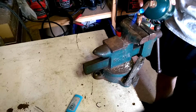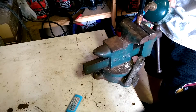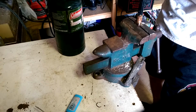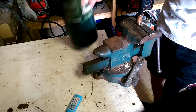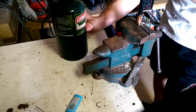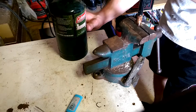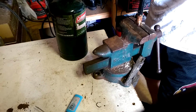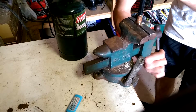Alright, now I'm going to put the wire in, like so. Make sure you shut the torch off. And just hold it there for a minute or so, or at least until it's hard. Let's see. It's actually pretty good right there. So just hold it there for just a couple seconds,